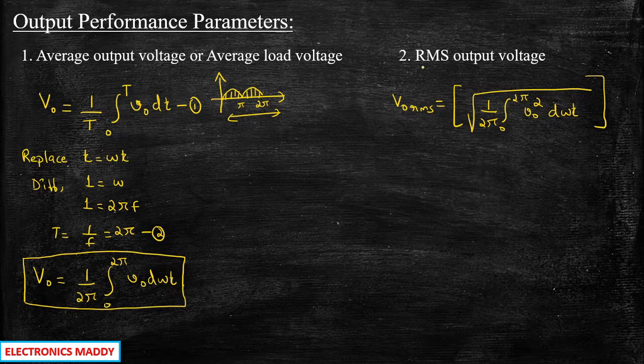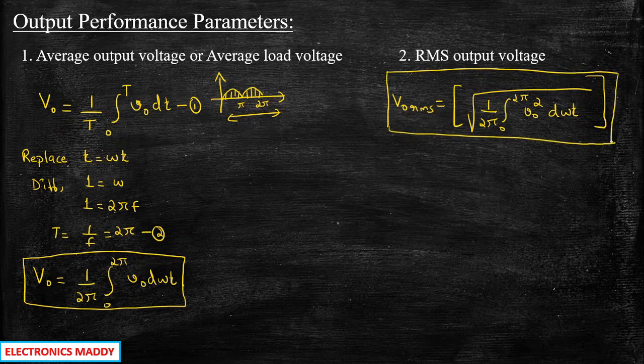So from the fundamental definition of RMS value, root of the mean value, which is given by the total time period division and integration, square of the value. Root mean square. Square is nothing but V out square over here. So that is how we will be arriving at this particular formula. Again, this is a very important formula. Please make a note of it. So these are very much important so that we can directly substitute in case of evaluating the performance parameters.